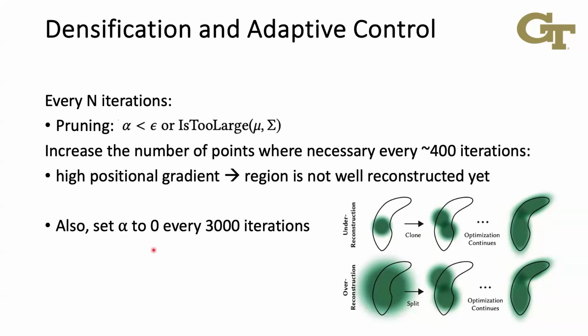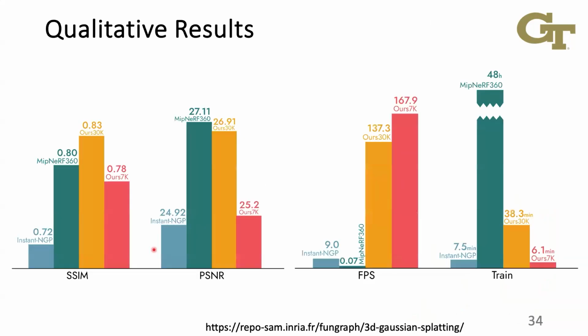So essentially, those transparencies will be kind of tweaked back up by the time the pruning comes along. But if a Gaussian didn't actually matter and it was weirdly off at the side of the scene or something, it will just get pruned, and that's the way to get rid of some weirdly positioned Gaussians. Here are some qualitative results at the time of publishing 3D Gaussian splatting. PSNR is also a human perception-based loss. They performed quite nicely, on par with the then best NeRF implementation, which was MIP-NeRF 360,